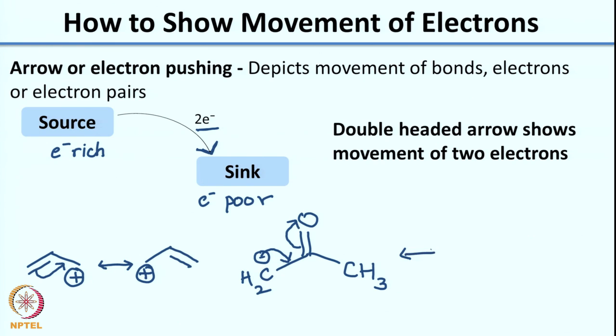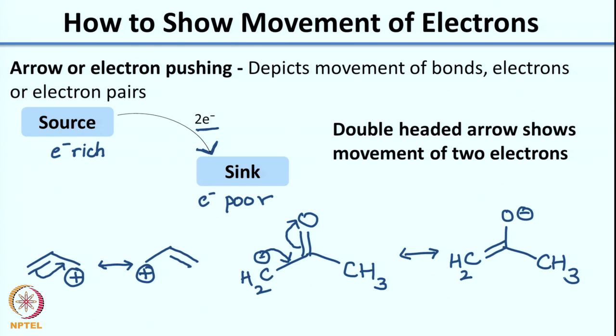So, your resonance structure would be, alright. So, you can try practicing this arrow pushing, picking up any examples from textbooks where they show you multiple